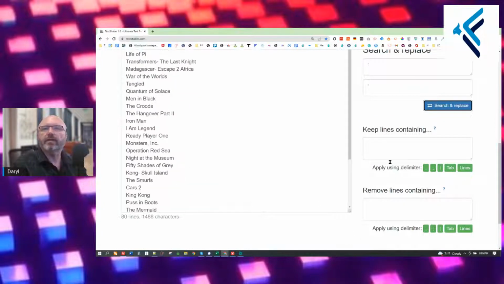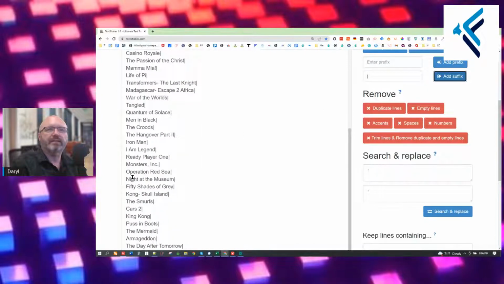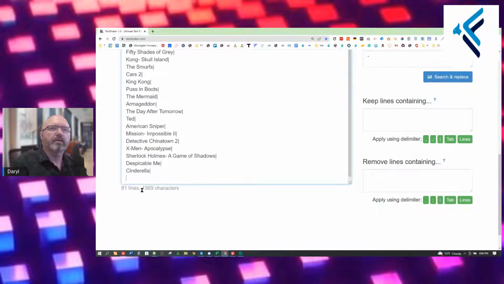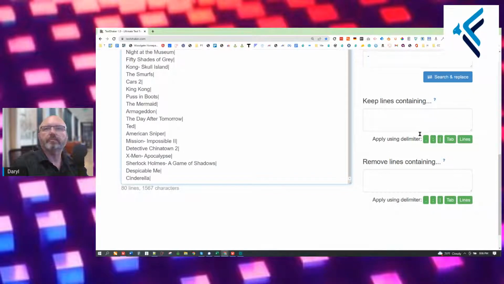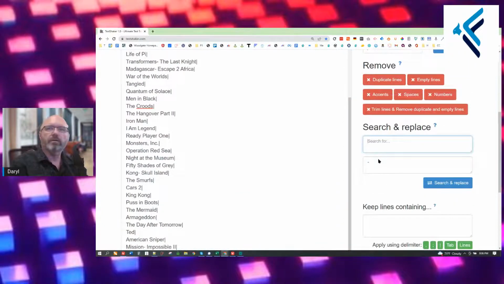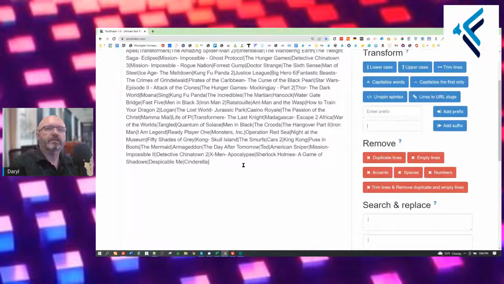We're good. So then we're going to go in and add a suffix of a bar. Okay. And so each line now has a pipe, which is going to help us to make spin text here. Okay. This is how I do it. And then what we're going to do is go into search and replace, and we're going to take anything with a pipe, enter, and replace it with just a pipe. There's the vertical pipe. We're going to search and replace that. Now it's all in spin text.